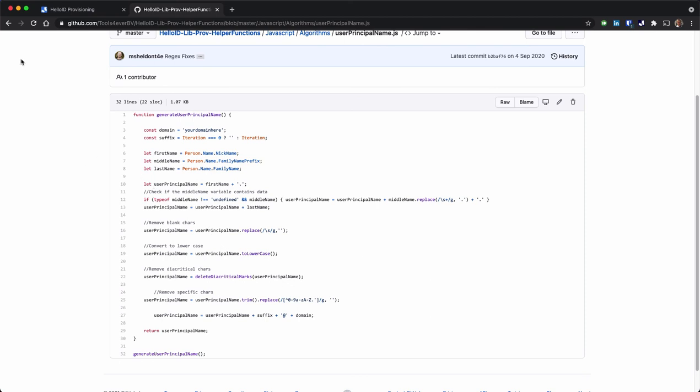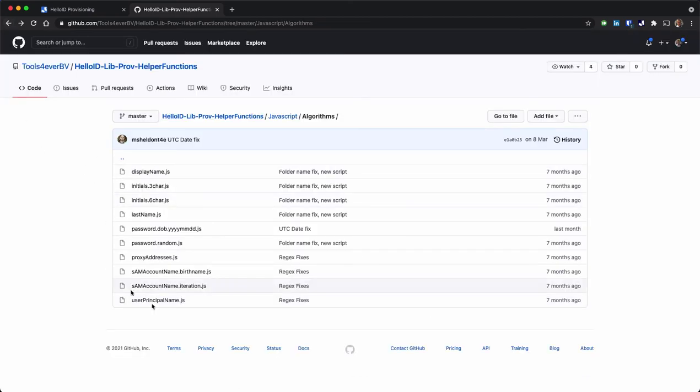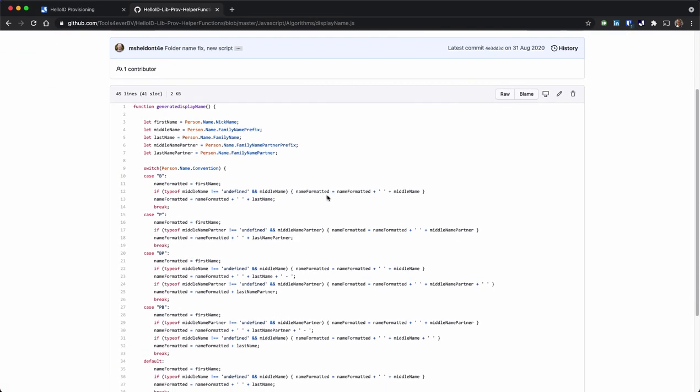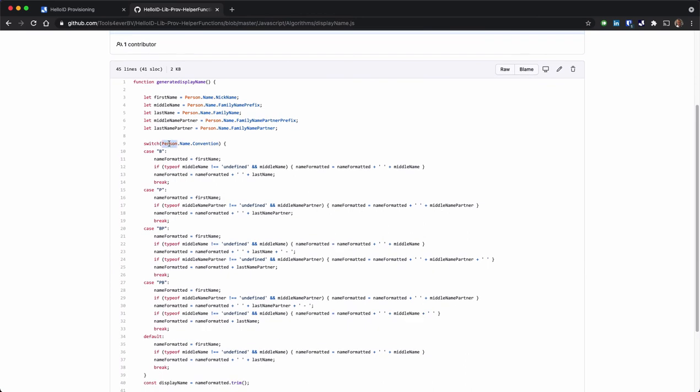You can see most of the stuff. And if you go for a display name, this one has an interesting switch, because in this case we're using the person's name convention, which is usually a code like a letter or a digit, which comes from the HR system, and that